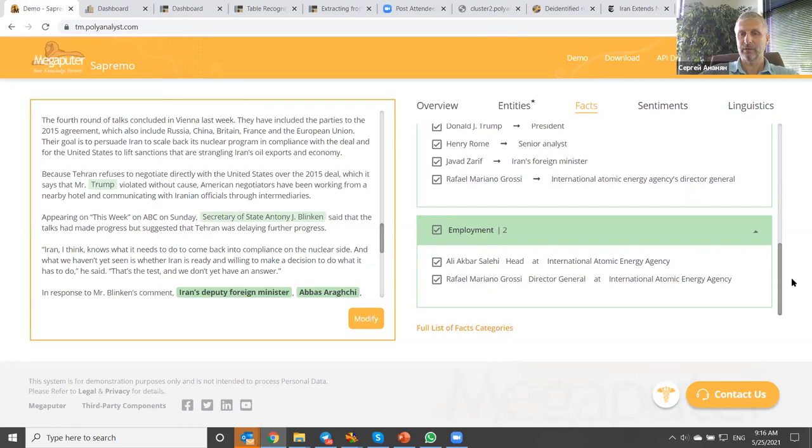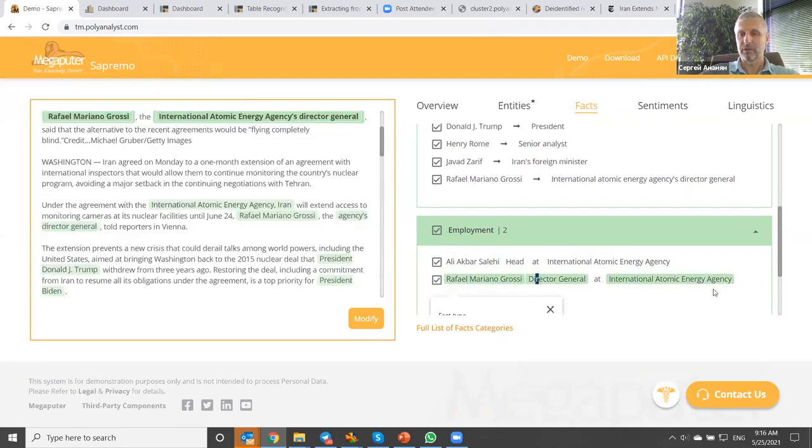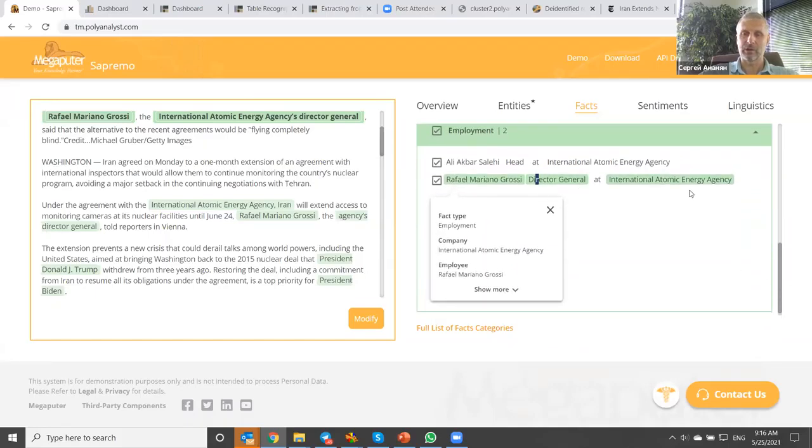So whatever facts we are finding, for example, this Rafael Mariano Grossi is the Director General at International Atomic Energy Agency. So these are the standard triplets that comprise facts. So these are typically two entities and the semantic relationship between them. So these can be used to populate knowledge graphs.